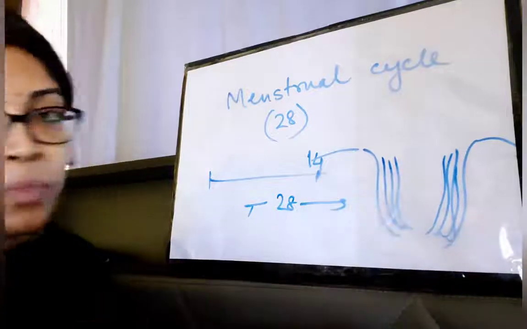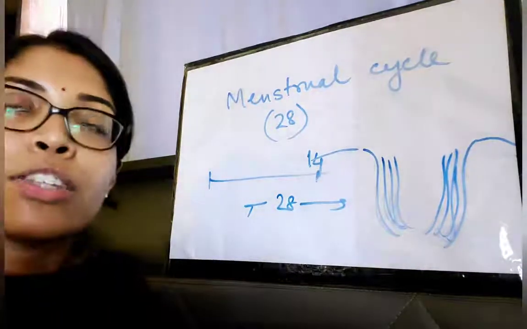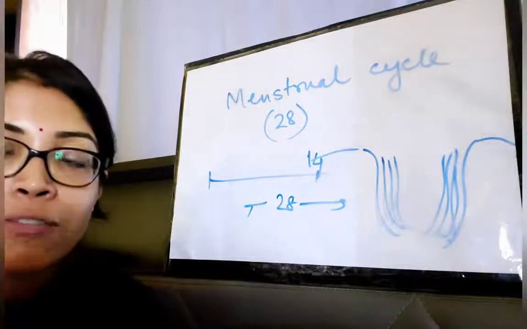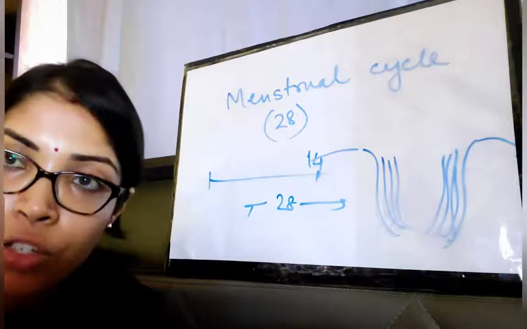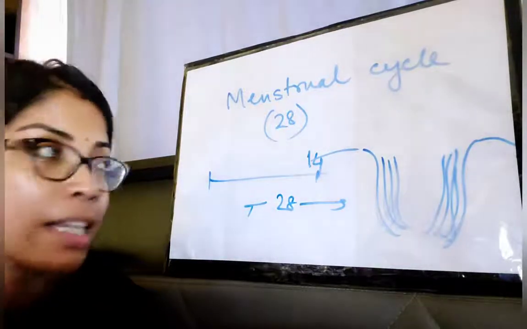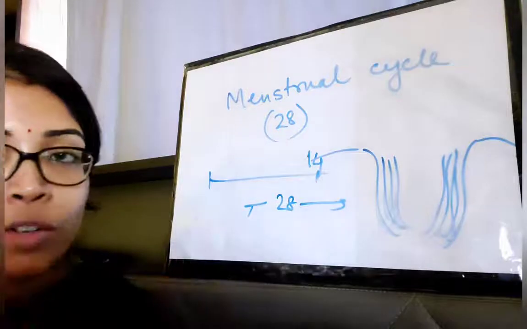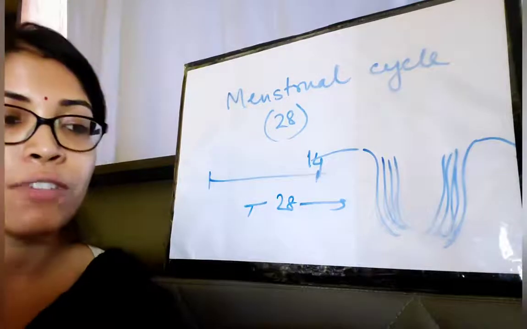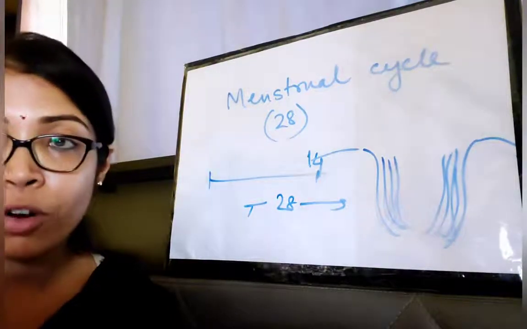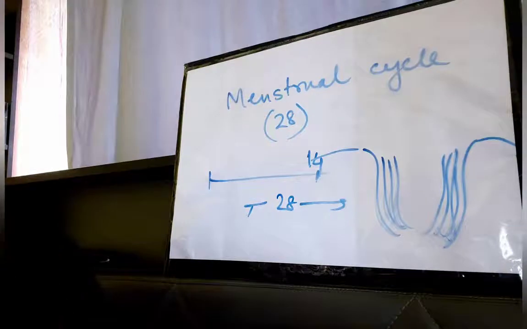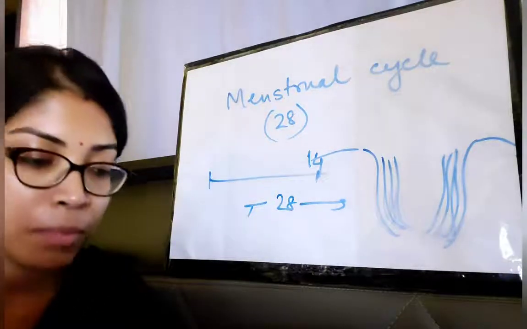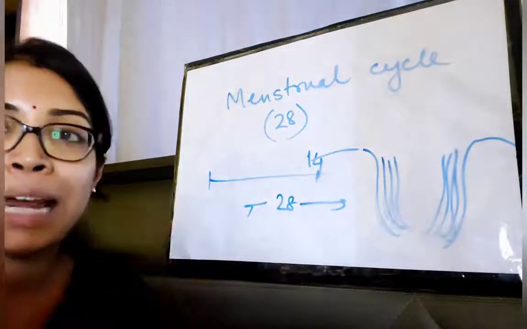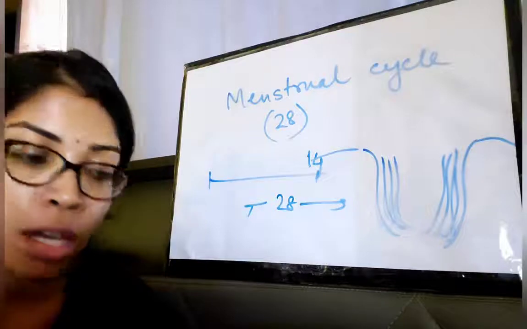Okay, why? Because the uterus is trying to change itself in such a way that if fertilization occurs, a zygote will be formed, and then the zygote will come into the uterus to get implanted. So basically it is trying to change itself in such a way that it is well equipped for the baby to grow. Okay, so what does it do? It forms layers of tissues on its inner walls to make a bed-like structure for the growing zygote.